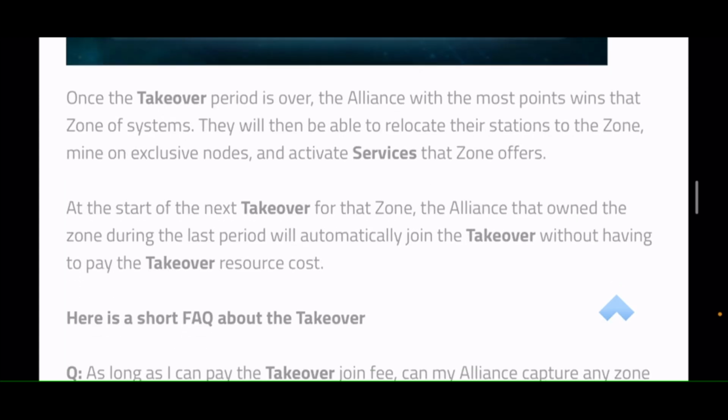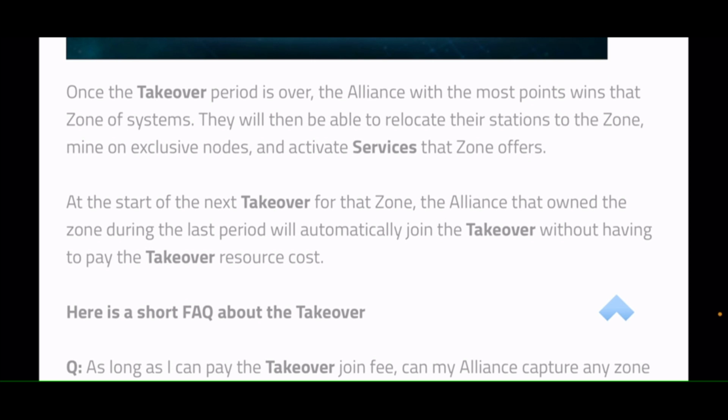So once the takeover period is over, the alliance with the most points wins the zones of that system, and of course all the benefits that come with it. So this is going to be super interesting. They will then be able to relocate their stations to the zone, mine exclusive nodes, and activate the services that zone offers. Something which isn't mentioned here, which I think should be mentioned: once you relocate your base,